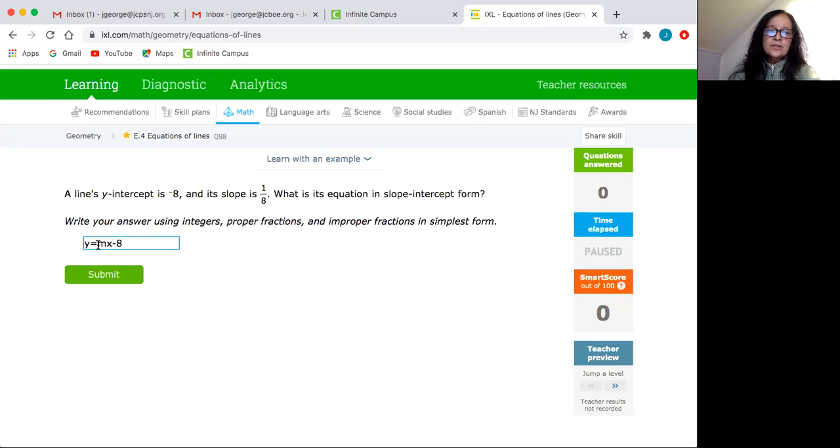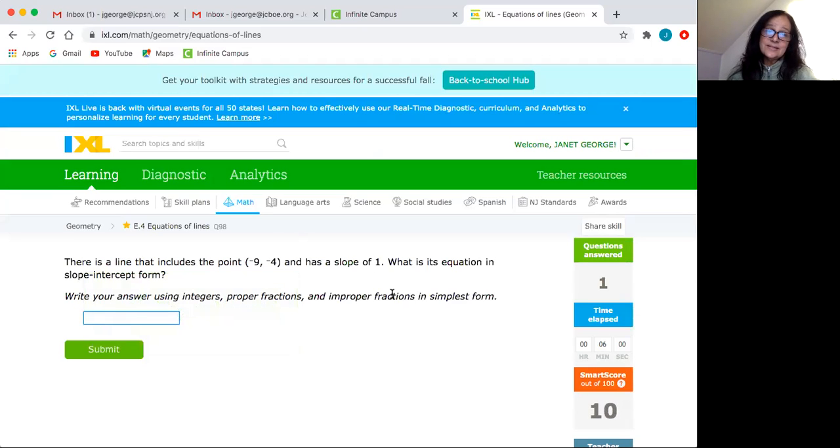Okay, so now x and y, leave it intact. As I told you before, just take out m, which is the slope, and replace it with the actual number for the slope, which is 1/8. Leave a space, and excellent job. Okay,